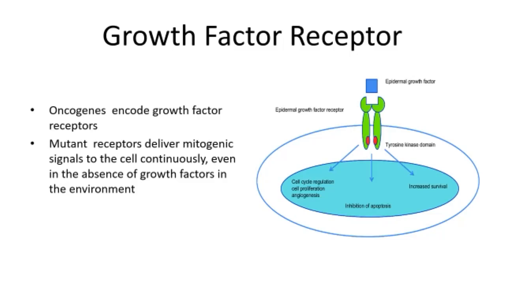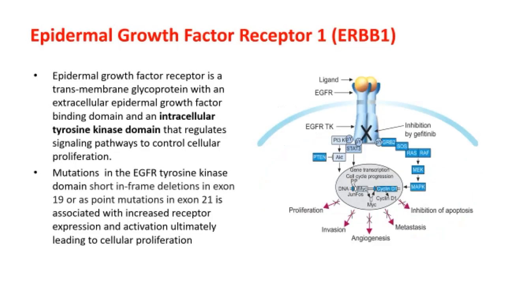This is the most commonly used therapeutic target. Usually proto-oncogenes encode a growth factor receptor, but when the proto-oncogene is mutated, or when there are multiple copies of it, the activity of the receptor may be increased, or there may be many more receptors. This leads to an increase in cell survival. The most important growth factor receptor is epidermal growth factor receptor 1. It is a transmembrane glycoprotein with an extracellular epidermal growth factor domain and an intracellular tyrosine kinase domain. Sometimes a disturbance or mutation in this tyrosine kinase domain also causes intrinsic activity of the receptor.